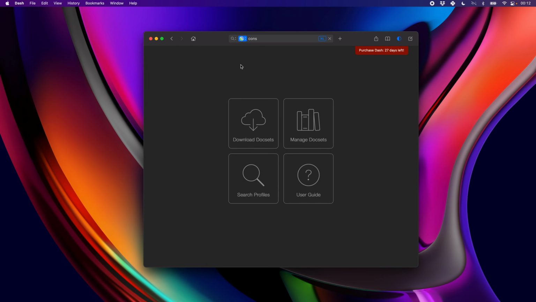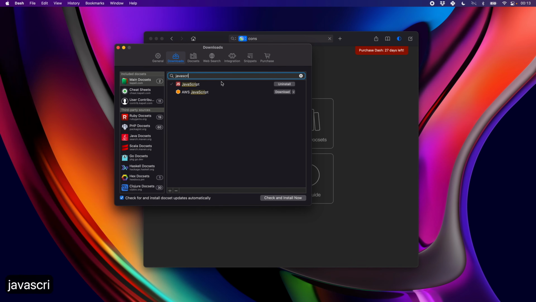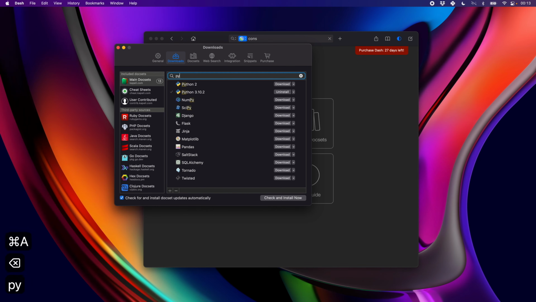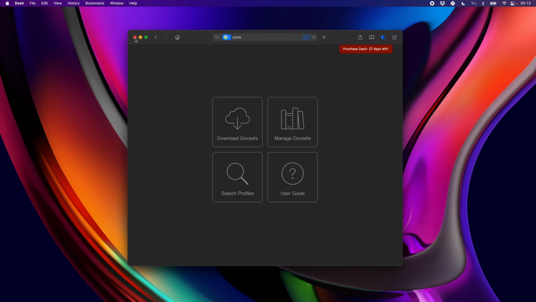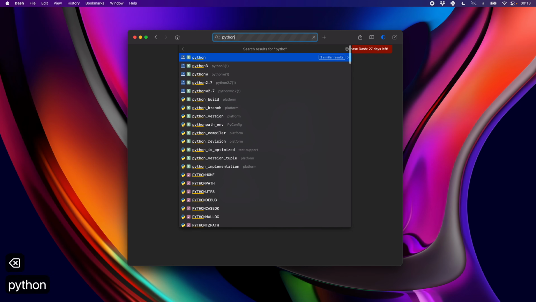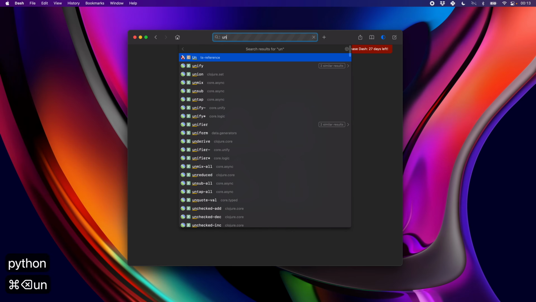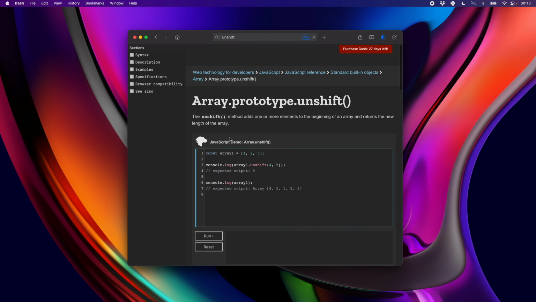Once you have Dash, you can add different doc sets, which is just a group of documentation. So for example, if you want to have JavaScript, you can install that, or if you like doing Python or use the Django framework, there's doc sets available for all of these tools. Of course, we can search within Dash for particular bits of information. So to use the unshift example again, we can find that within the JavaScript documentation, but we can also search